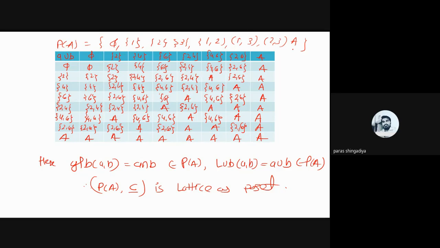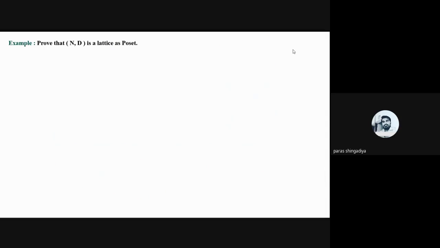Okay, so as per the set we can create a P of A, and based on the P of A we can define the intersection and union. Okay, so it is just a counter value one. Clear? And now the next question is there, one example is given that (N, d).